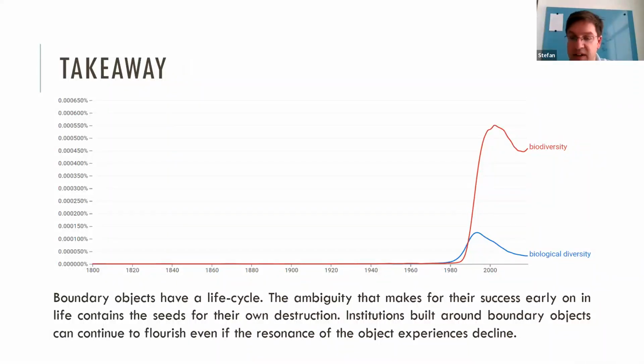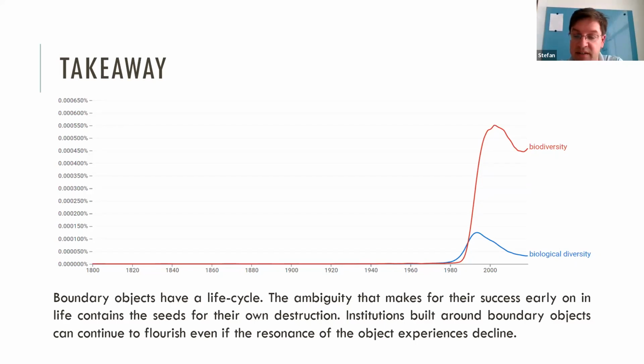And at the same time, I should add, although Leigh Star calls it the life and death of boundary objects, I think one shouldn't call it the death. Biodiversity is still flourishing. It just experiences a decline. I don't think that it will go away. It's just losing some of its significance. And at the same time, the institutions that are built around it are very, very successful. So the Convention on Biological Diversity still exists. Member states to the convention have national action plans, like the UK,